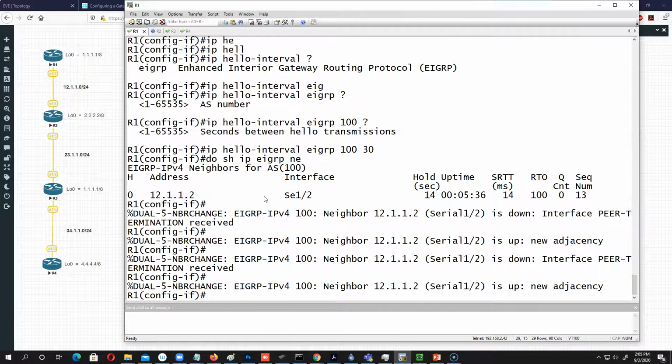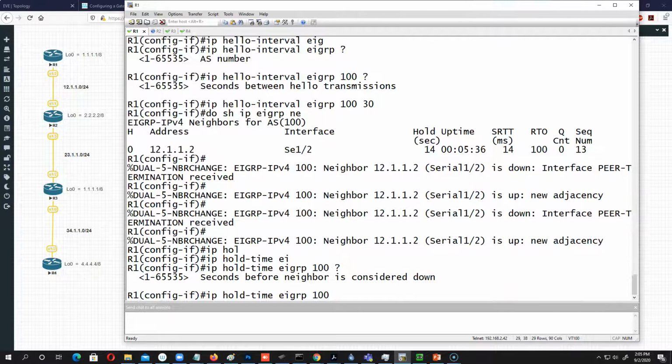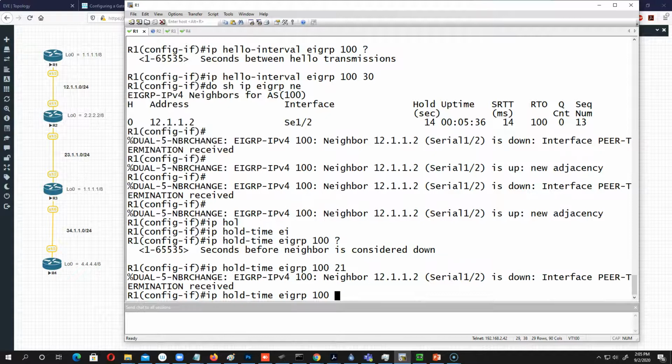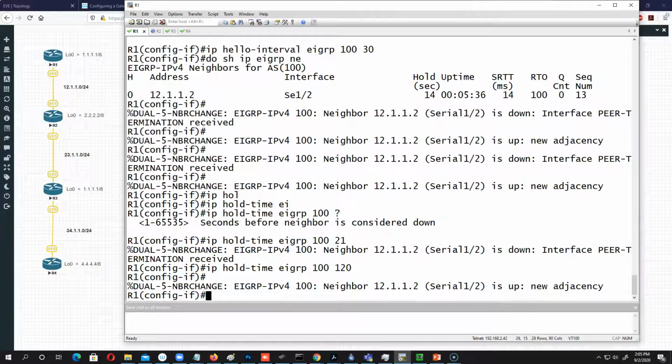So I have to change my dead timer. The dead timer is the hold time for EIGRP 100, and then I can define whatever the value is. So let's say 30 multiplied by 4 is 120, right? So 4 times. I have done this here. My adjacency came up, and if I look at my neighbor,